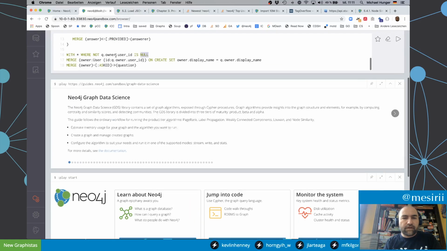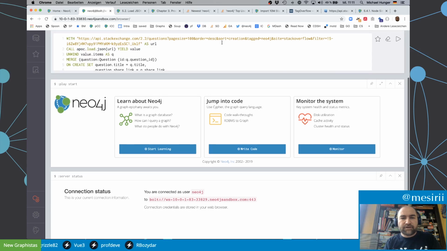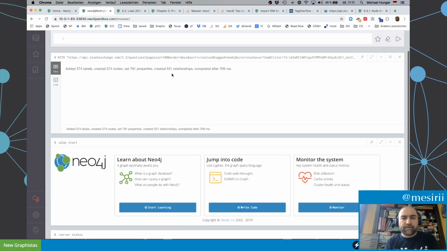Because sometimes the owner is null, I just filtered it out, and only if the owner is not null, we also create the owner of the question, so the original poster, and connect this to the question. Okay, and then we get our data. So this is page number one, but we can also iterate over multiple pages. Let's just create this one page of items. You see it went really quickly and created a bunch of nodes, 400 nodes, and 500